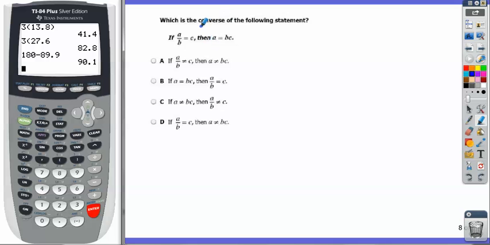What is the converse? I'm going to go through all my choices. Converse means shoes, and it helps me move. I'm just going to move these things around. I want to flip-flop them. That's going to be my converse. So if I look, my converse is B. This is my converse